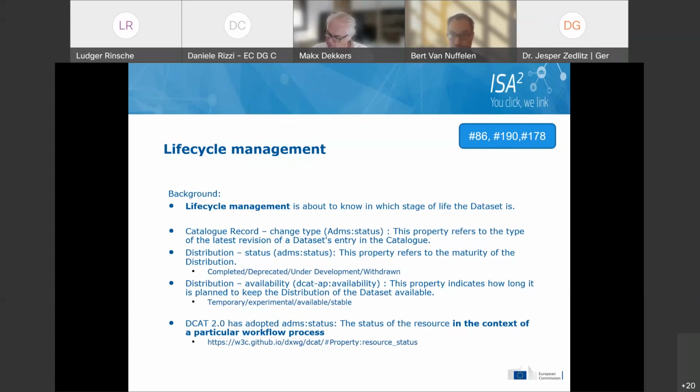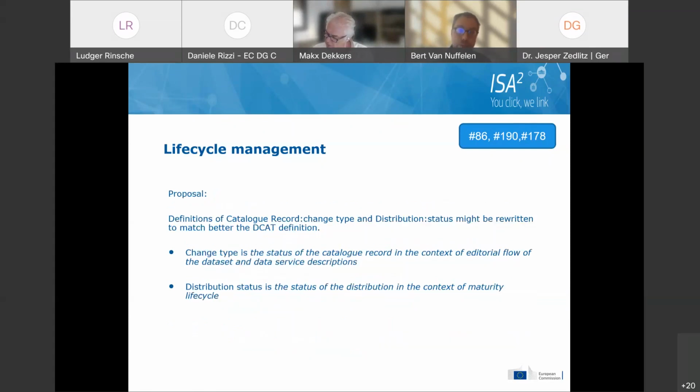That is the property that is over there in DCAT. And DCAT-AP has these properties, with ADMS status already being used, and to align ourselves a bit with DCAT and to make that clear,